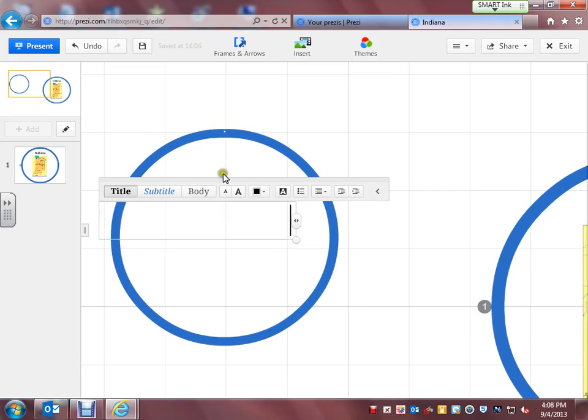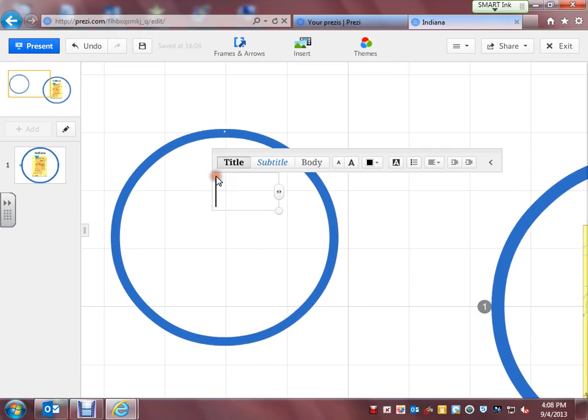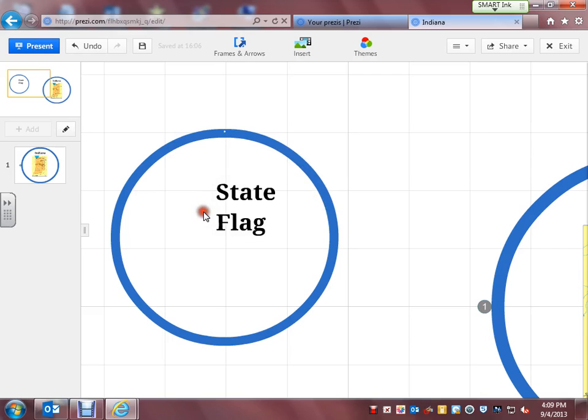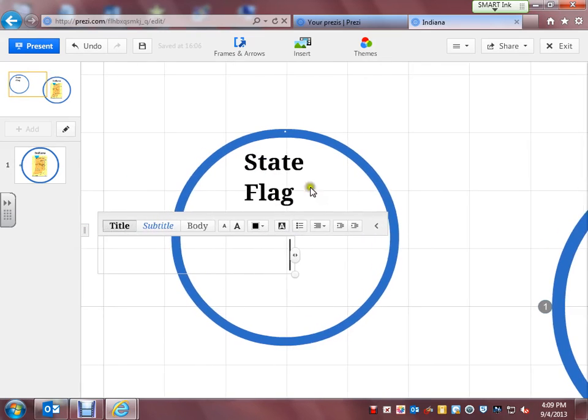Now, this one works the same way as the other one did. I click anywhere in the box, and it'll let me add my subtitles or my title. So let's say I'm going to make this one the state flag. So I type state flag,